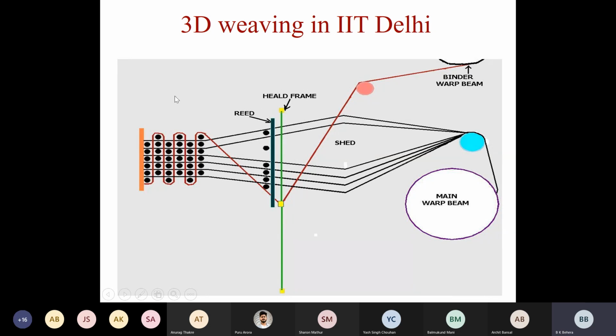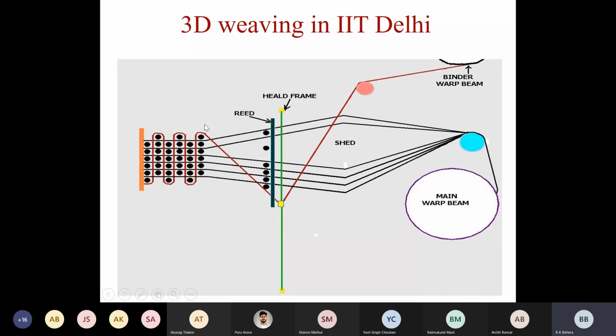We call it 3D weaving on a 2D weaving system. It looks like a 2D weaving system. Only thing is we have multiple sets, multiple wefts, 2 types of warp. One main warp we call stuffer warp, and another warp is a binder warp. And what is this binder warp doing? This binder warp is making the z-axis, that is thickness yarn. Look at its passage. It is holding all the weft yarns in a stacking form, and we call it binder warp.